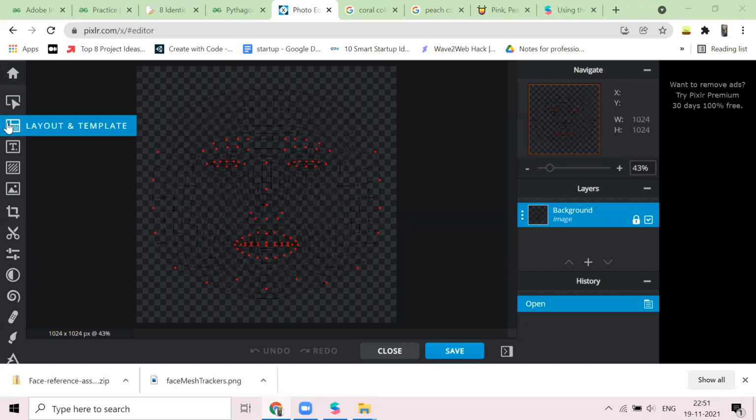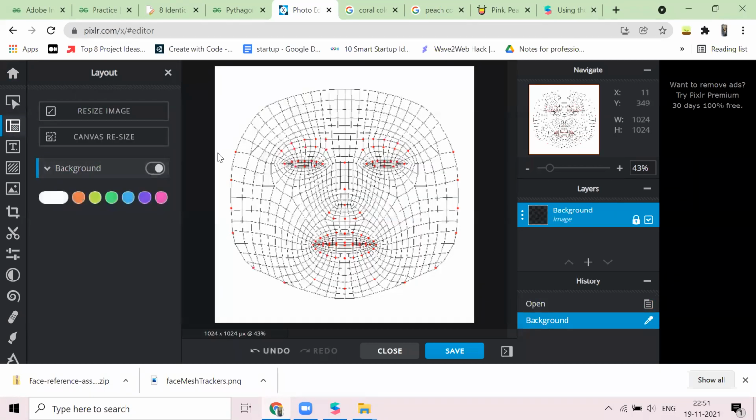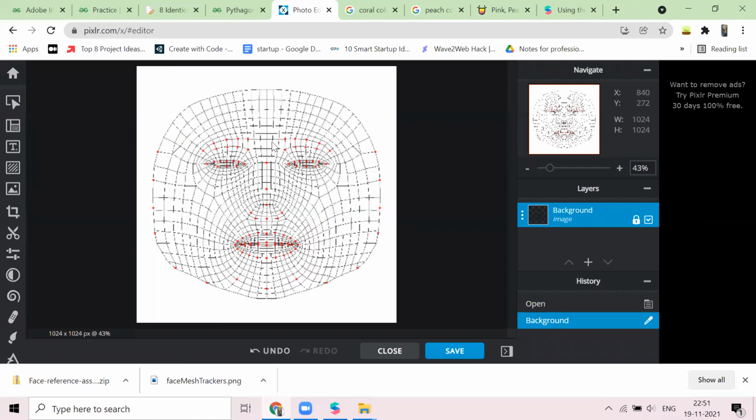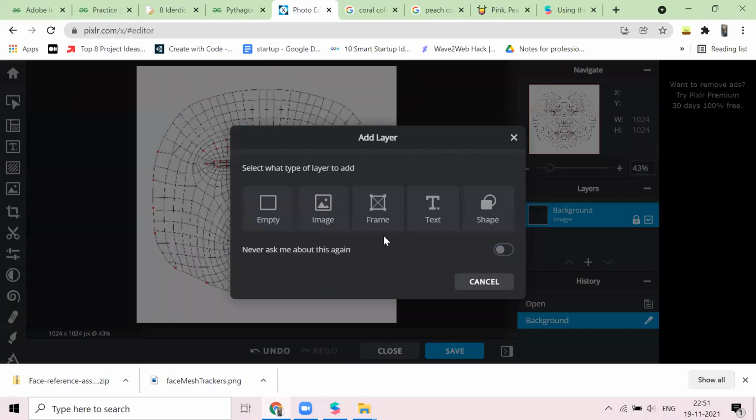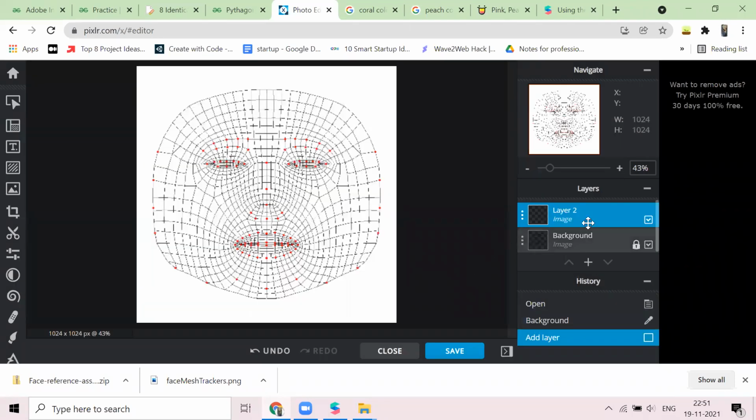Okay, so there was some confusion, so let's just redo the designing part. We've added a background for now, and we've added this image. Designing में यार ये होता है कि you work in layers, right? And you can disable your layers whenever you want. So we're gonna add an empty layer.